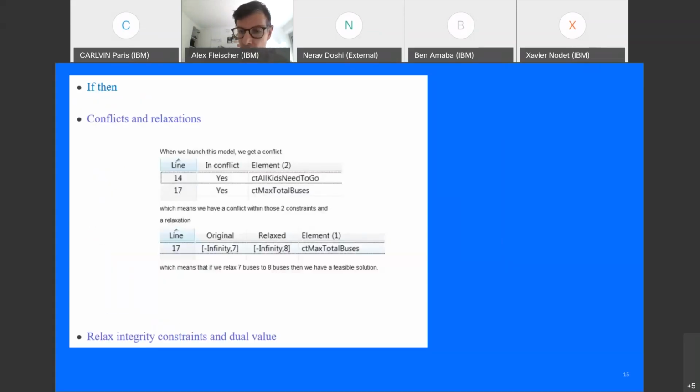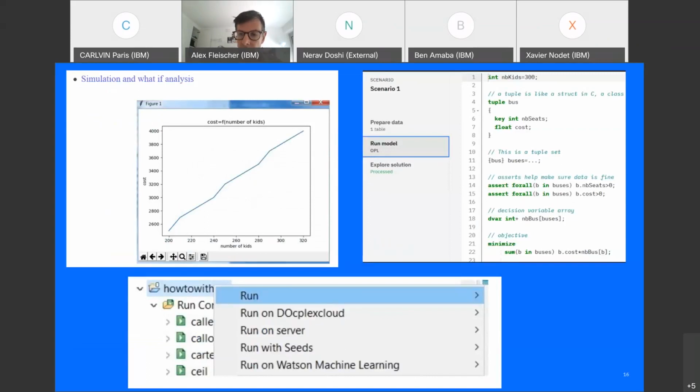Within CPLEX, within the IDE, if the problem is infeasible, OPL CPLEX will provide some conflicts and some relaxation. So you will directly get this kind of output in the IDE. So it will help debug, but it can also help you understand what kind of resources you miss. From the IDE, through IloOplExec, it's a very nice instruction to call anything outside of OPL. And by calling Python, you can have very nice, any kind of graphical